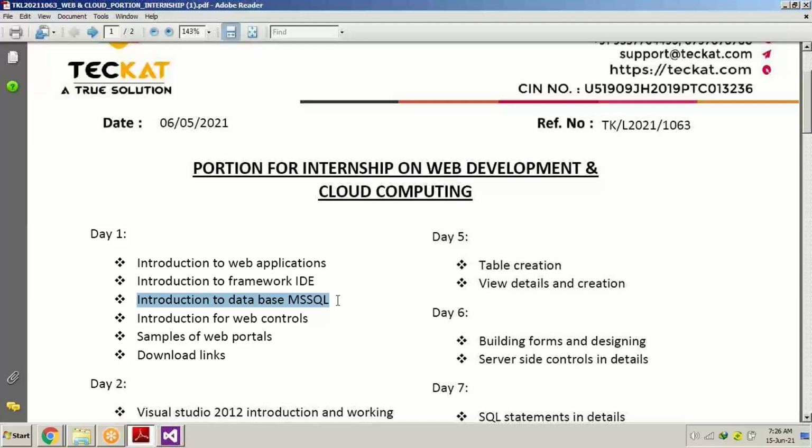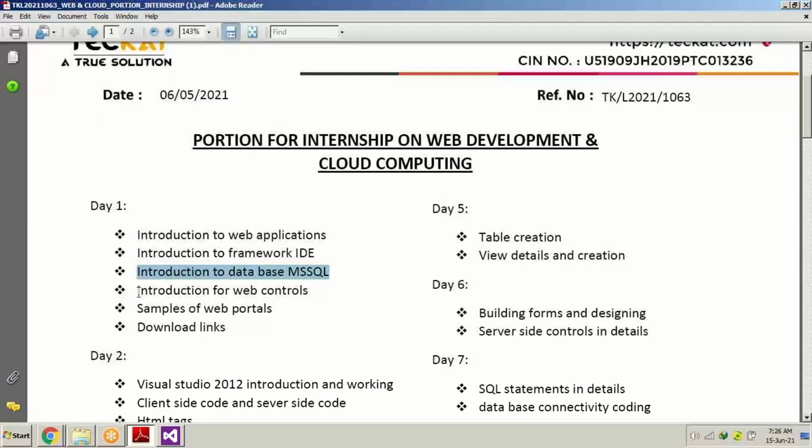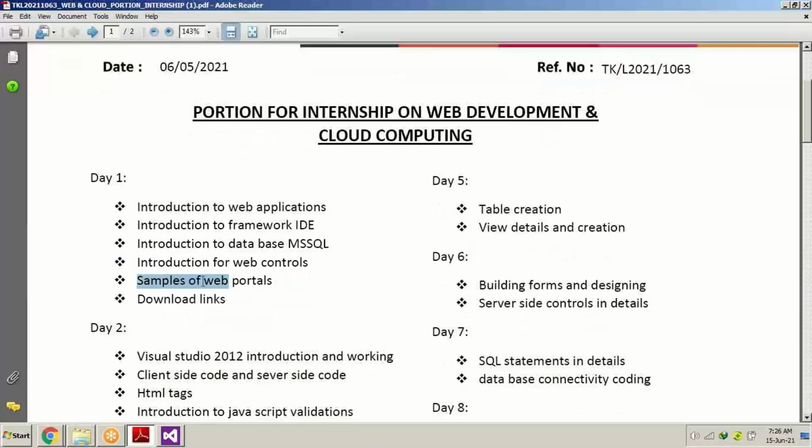How does it look? How does it work? We're going to discuss it in our future sessions. I just told you about some controls, web controls also, buttons, text box, and things like that. We're going to discuss this part in a very detailed manner in other samples of web portals. I just showed you some samples of websites and web portals. Websites are informative for the company, decorated very beautifully in order to attract the client, in order to attract the customer. Because in today's world, you see, what looks good, sells.